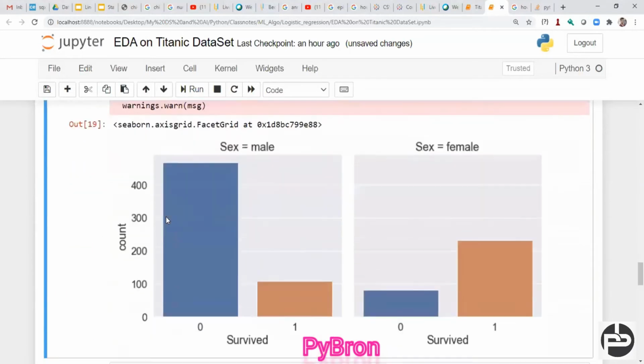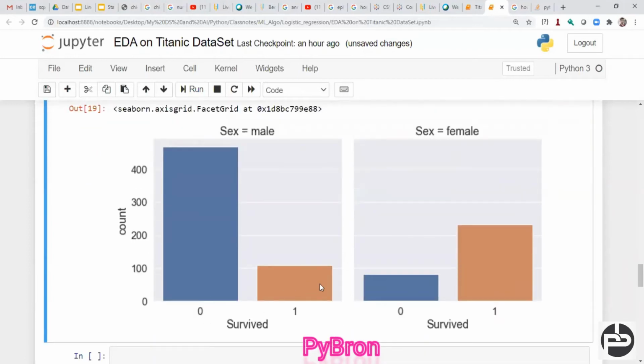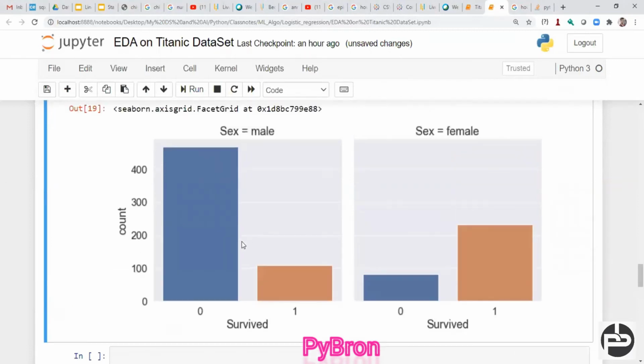Now if you can see, the number 0 means female and 1 means male. Sorry, 0 means survived and 1 means not survived. So you can see in case of survival, the number of males was the big number, right? But in non-survival, 1 means non-survived, right?